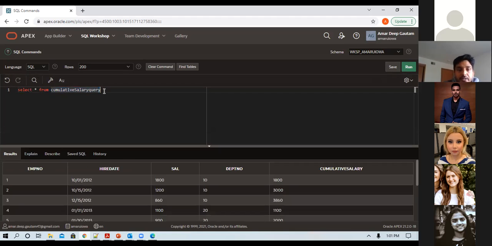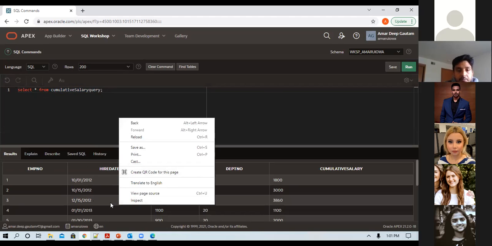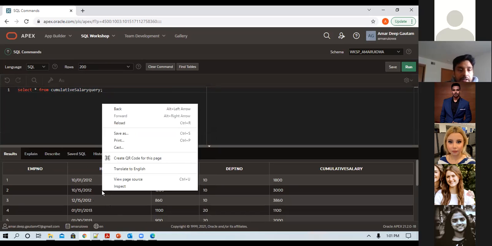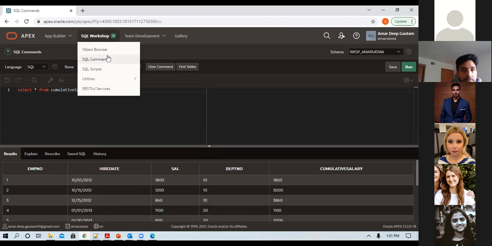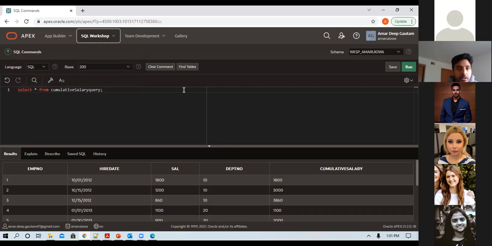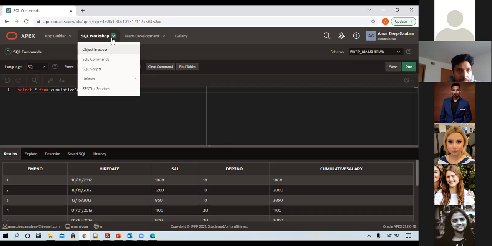As of now I haven't done that. Basically there is an option in SQL Developer where you right click and import into a table, but because this is a web page, I don't think it allows. In SQL Developer it does. I don't know about this tool. You have to check. Because this is a web page, I believe it won't allow, unless there is some other tool here in Oracle Apex.